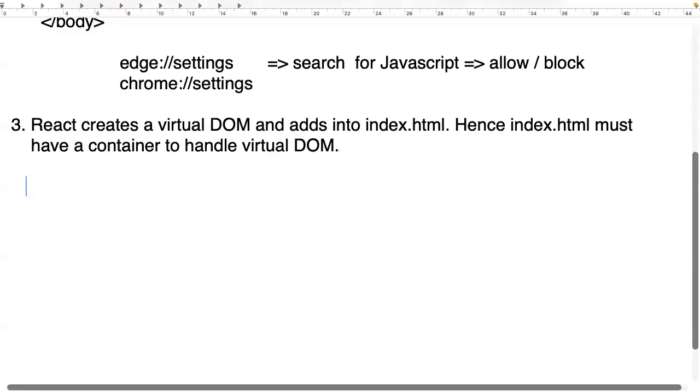You will not design in index; you will add to index. You will not design the UI in index; you will add UI to index. So in the index page, you need only one container which can handle it. Now tell me,